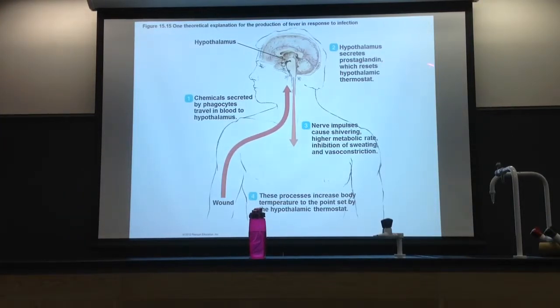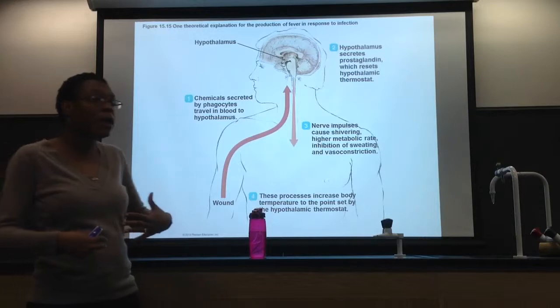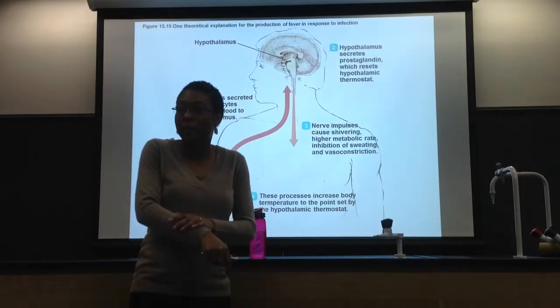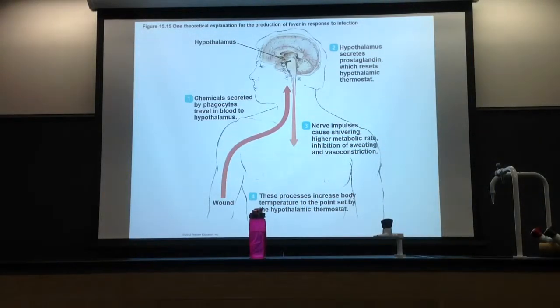Well, prostaglandin will do all these things. It will help to increase nerve impulses so that you increase temperature. You'll be shivering. You have a higher metabolic rate. All these things increase temperature. That's the job: increase fever. Also, vasoconstriction. Instead of the blood vessels dilating, they constrict, which means you maintain the blood within the body, away from the limbs, to warm up the body. That's why you feel chills. You feel chilly because most of your blood is down here, not in the extremities, makes sense? That's why you feel chilly when you have a fever. Look it up. That's basically all there is to it.